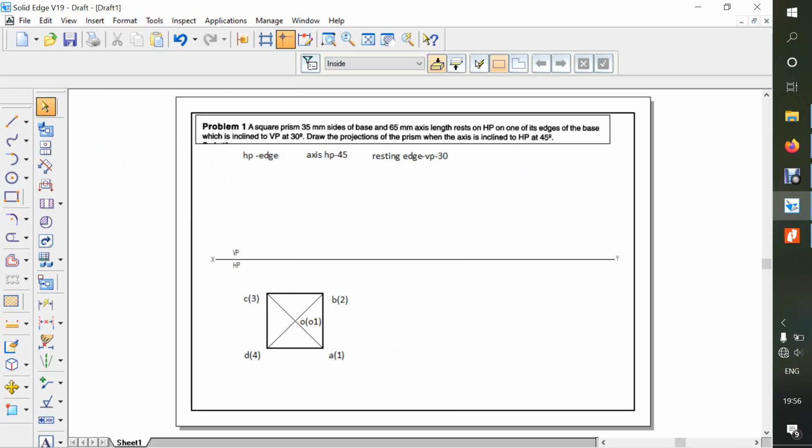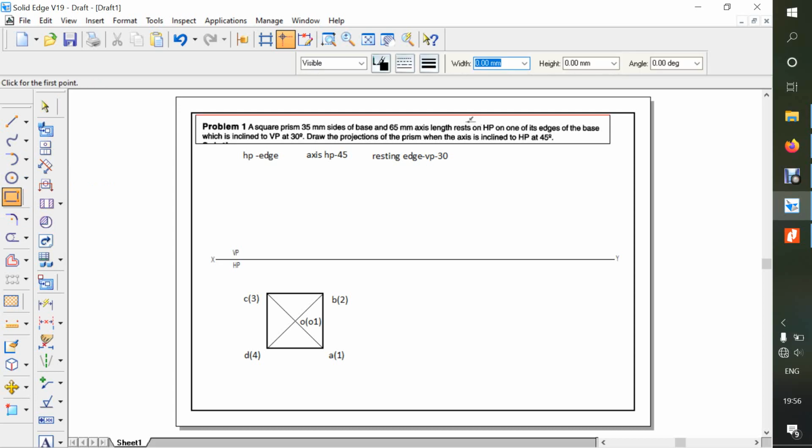Suppose if there is a square prism resting on the corner, you have to go to the same rectangle command. So 35, enter, 35, enter. Here you need to change the angle to 45 degree. Now you can see the changes. So the first one is for the resting edge, and the second one is for the resting corner.